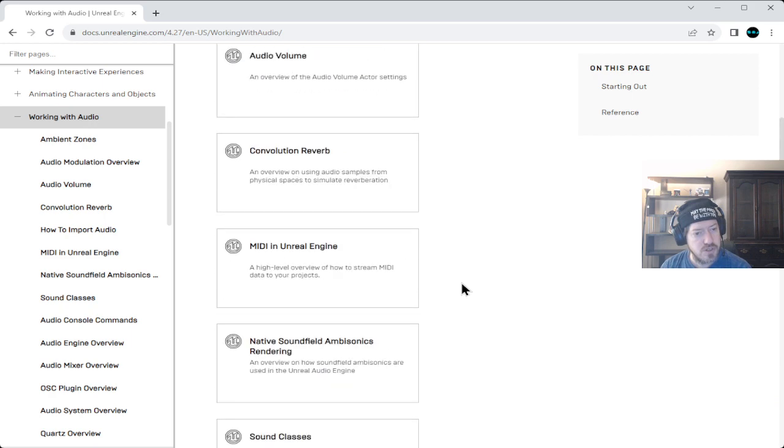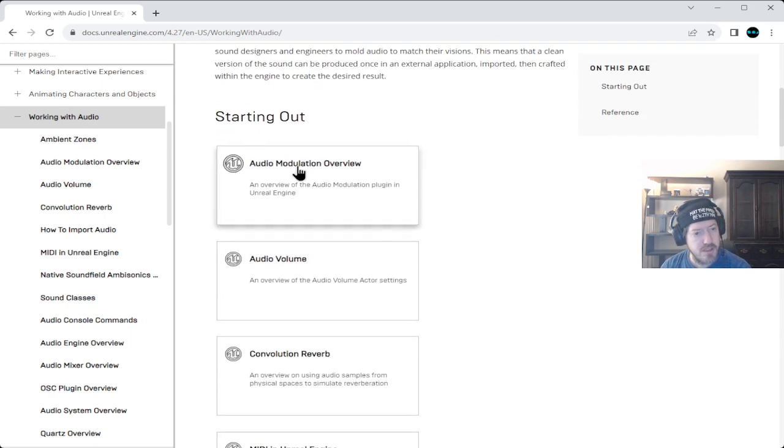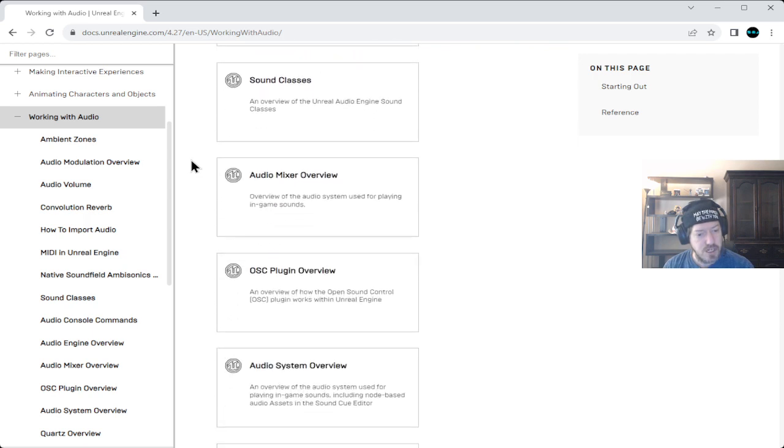Do you want to go in their starting order on the page itself, or in the order being presented on the left? They're showing ambient zones first on the left, whereas on the web page itself they're showing audio modulation overview. We will eventually get to the ambient sounds.